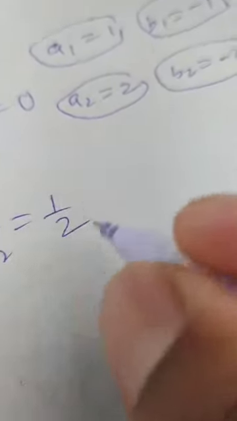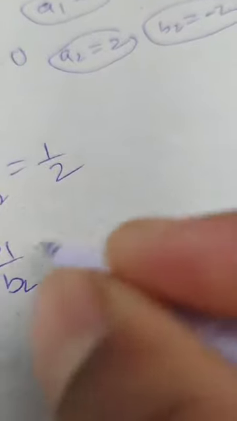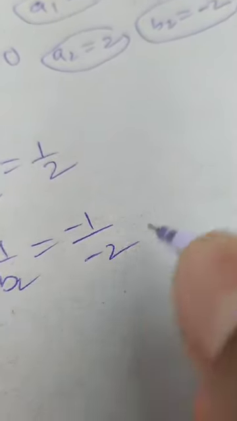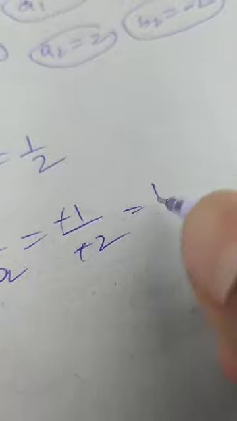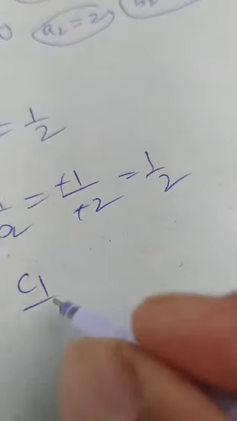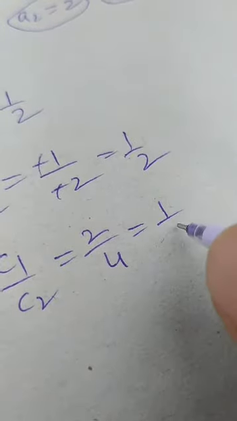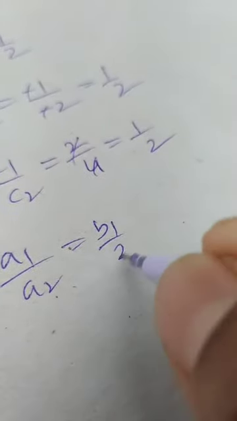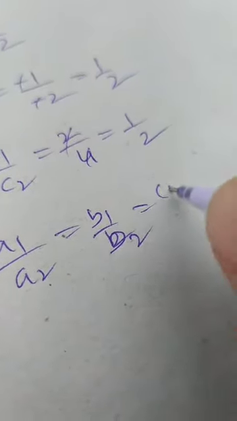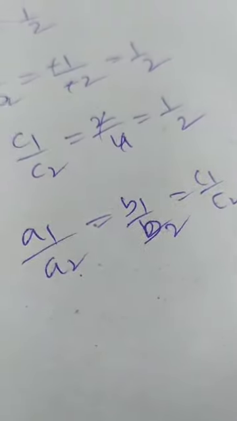Now I am checking this condition, a1 by a2. What is a1? 1 by 2. b1 by b2, minus 1 by minus 2. Minus cancels, 1 by 2. Next check c1 by c2 also. 2 by 4. By simplifying, 1 by 2. See here, every ratio is equal: a1 by a2, b1 by b2, c1 by c2 are equal. So in this case, we can say lines are